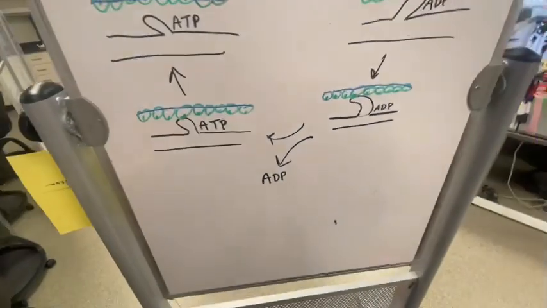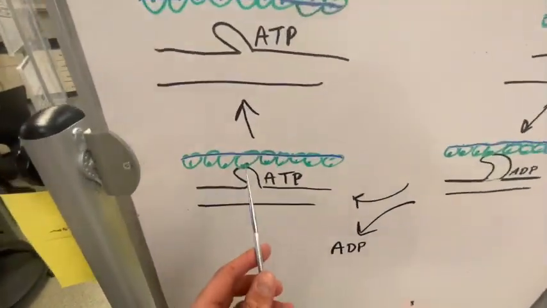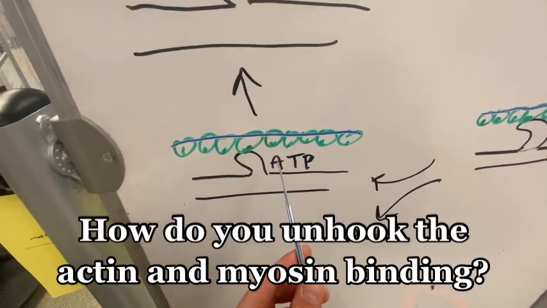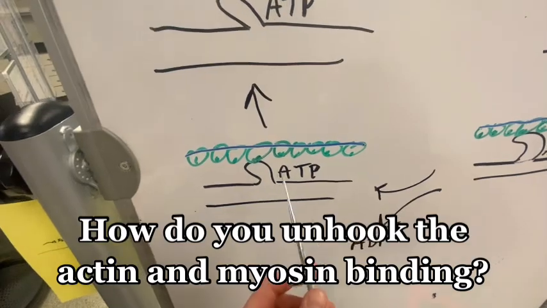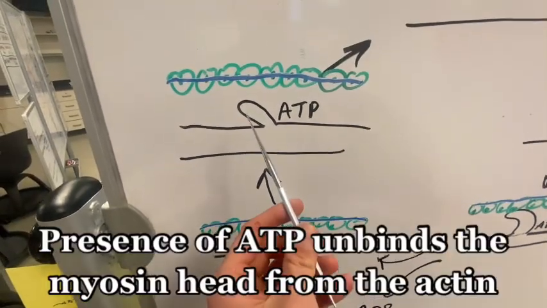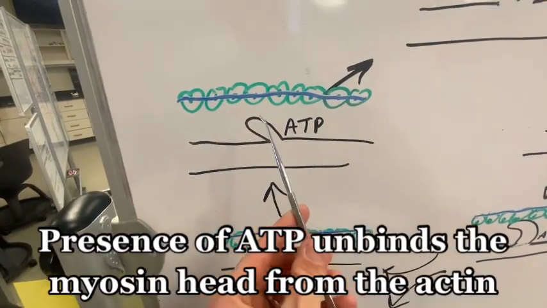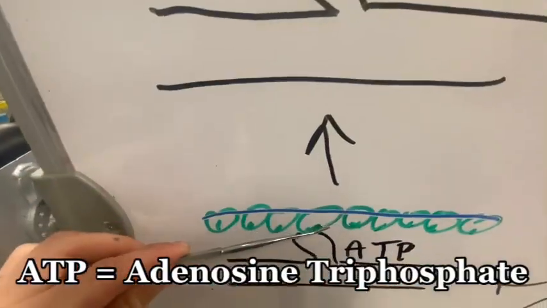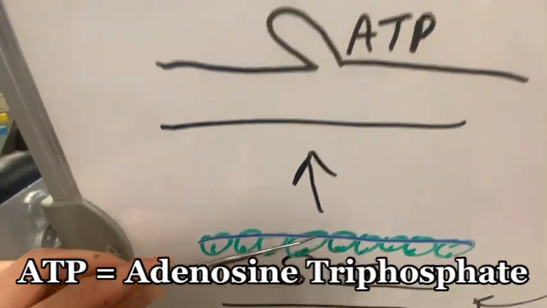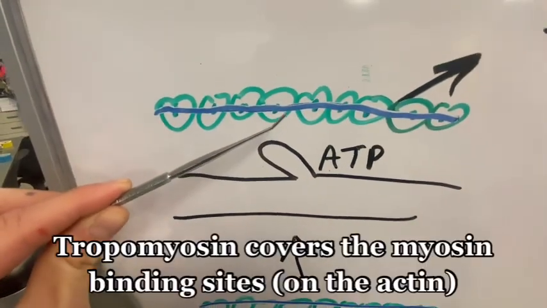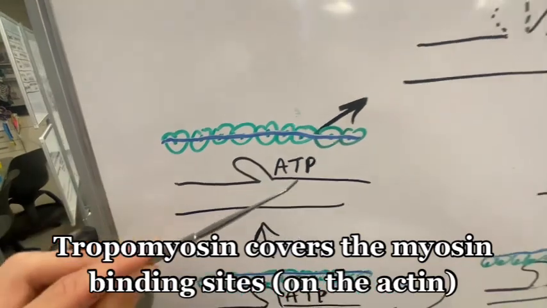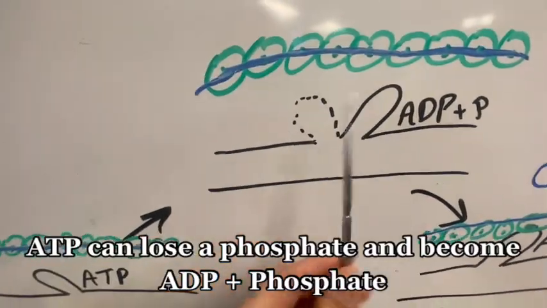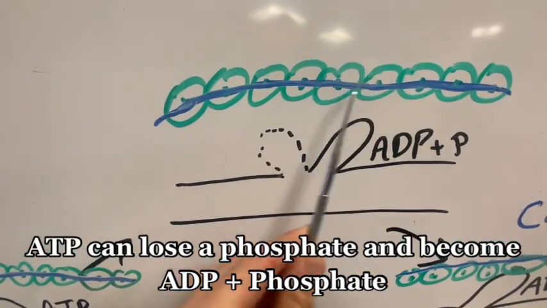Well, that's only half of the story. How do you unhook the binding? You bring in more energy in the form of ATP. And that's going to unbind the myosin head from the actin. The tropomyosin is going to slide back over. Notice how from here the binding site is open, but here it's closed. Well, break down ATP and you load the myosin head, or you cock it back,